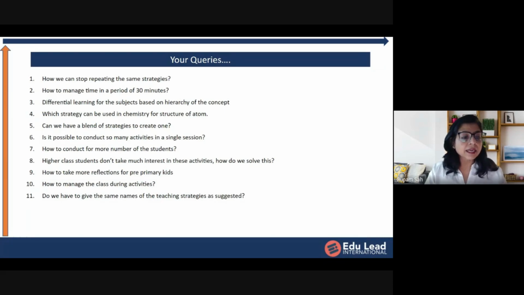Then the next one is how to manage time in a period of 30 minutes. Now, when you are saying how to manage time in a period of 30 minutes, I can understand that 30 minutes for you to do a prior knowledge activation, concept building, assessment, as well as metacognition may be a little less. Okay, you may not be able to do justice, because if suppose you have a concept building strategy which is collaborative, differentiated, children are doing something, they'll present it, and it takes time. So definitely to do that in 30 minutes, 30 minutes is definitely a small period of time. I wouldn't disagree to this, but